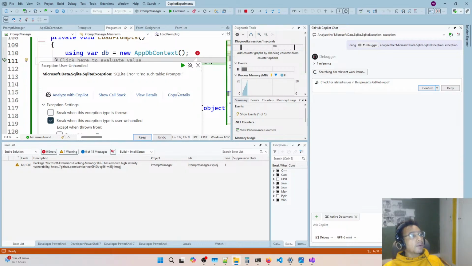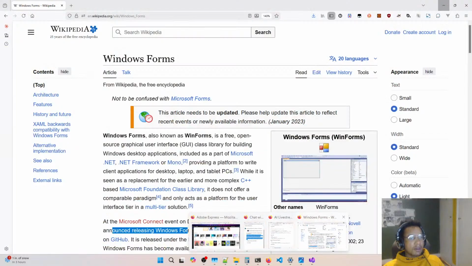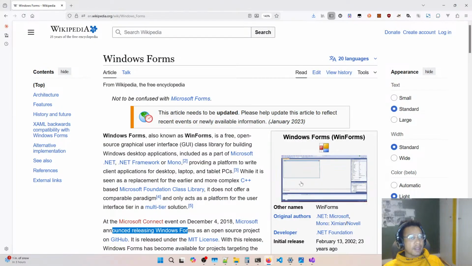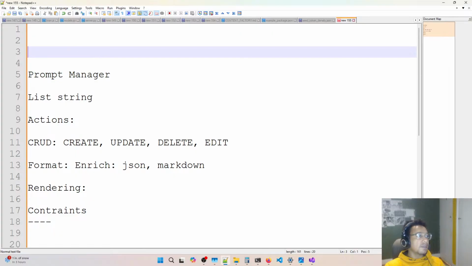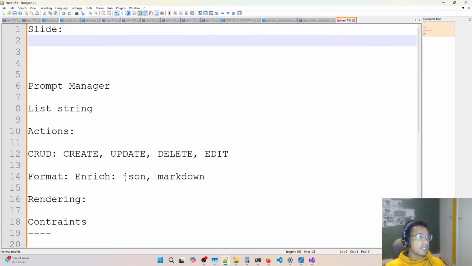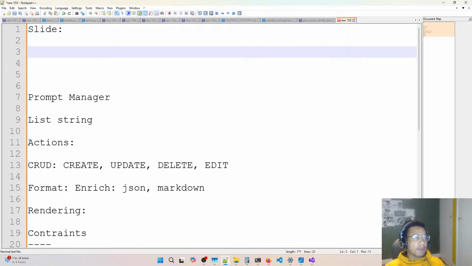As you can see, this is a good try of our model. It is not working like it's supposed to. So really the prompt manager is just this, right? Now let's have another slide. We're just going to call them slides. We have another slide, where we also have to think about our model